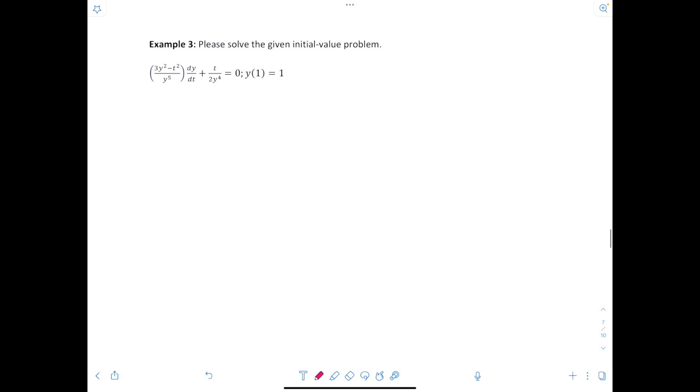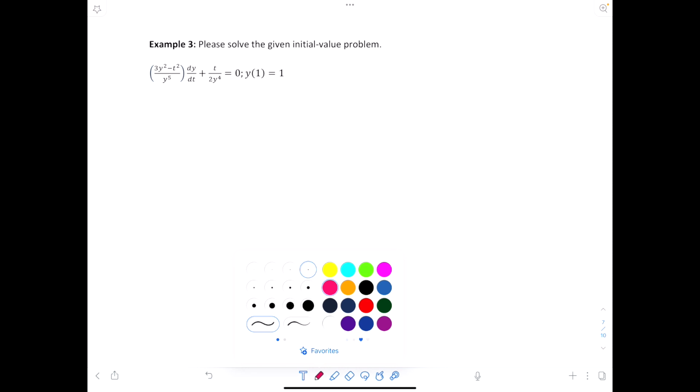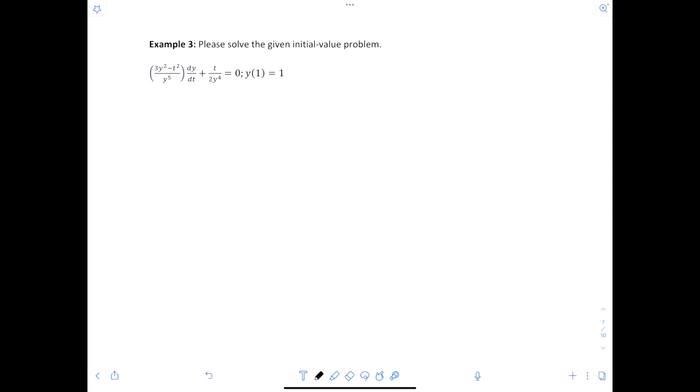All right, here we go. Now we've got this in terms of an initial value problem. You start off the same. We're going to rewrite this so it's in the correct format. Instead of dy/dx, we have dy/dt. I'm going to simplify this fraction. We're going to end up having (3y to the negative 3 minus t squared times y to the negative 5), all of that times dy,